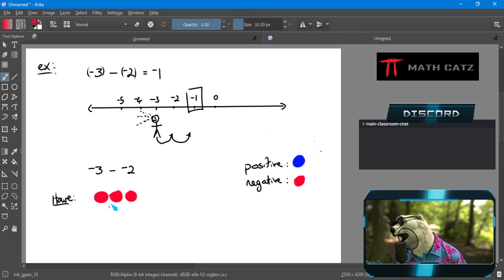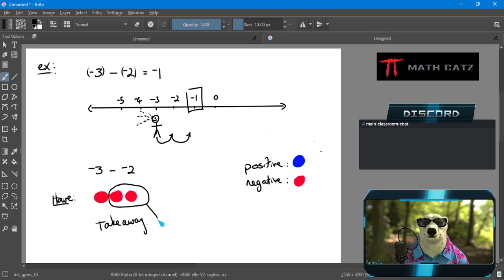Anyway, I'm looking to take away, actually let me write here, take away. I can't get it to stay. Oh, I'm in black. Okay, never mind. I'm taking away because that's the intuitive concept of subtraction. What am I taking away? I'm taking away 2 negative chips. No problem. I can see 2 negative chips right there. Be gone. And I have left 1 negative chip.